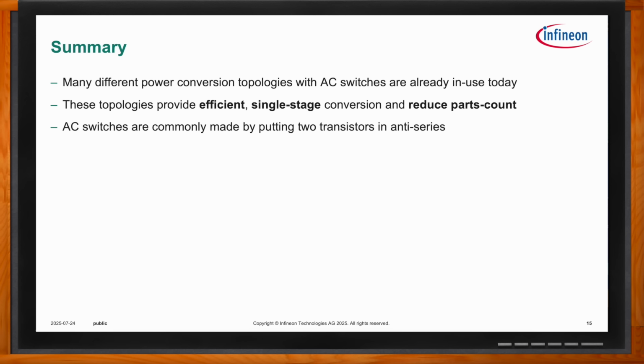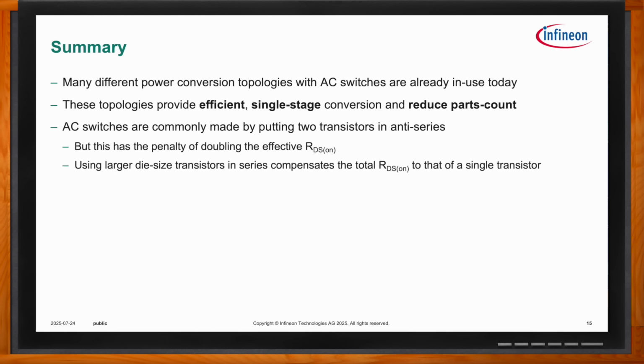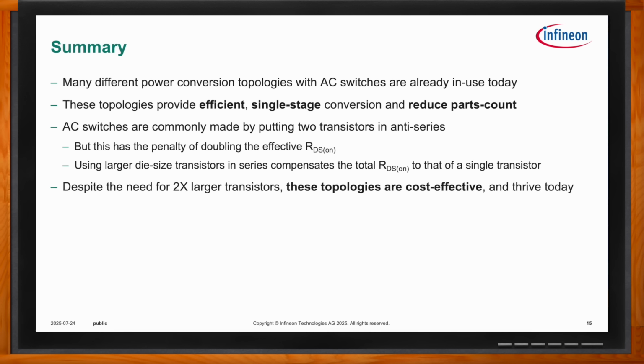AC switches like this are commonly made by putting two transistors in series or anti-series. That has the penalty that you're doubling the effective RDS(on), and you have to use larger transistors in order to compensate for the fact that you're putting two in series. But despite that, these are still cost-effective topologies being used today in, like, the Vienna rectifier all the time. Now we introduce this GaN device. It's smaller,